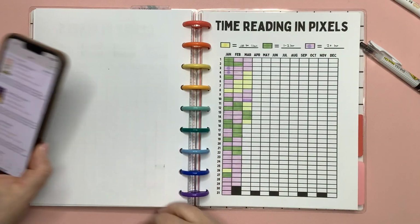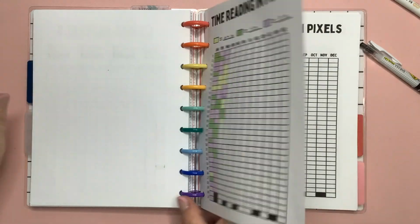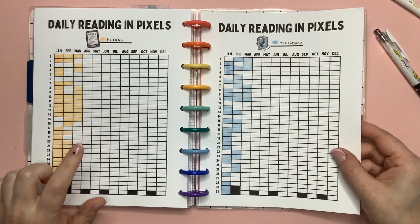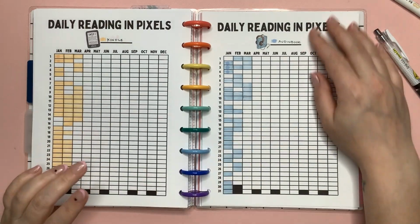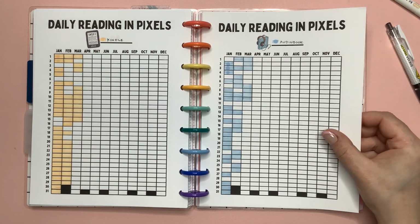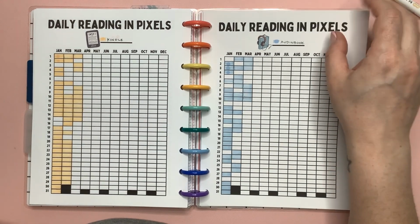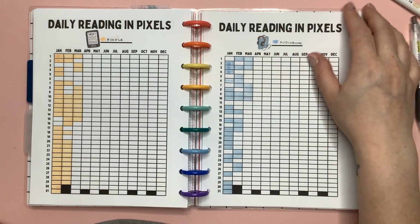All right, okay, so time reading in pixels, I have it updated through yesterday. Daily reading in pixels, I actually have it updated through today, at least for my physical. For my Kindle, I haven't updated today yet, because I haven't taken any time with my Kindle. My audiobook, I have not listened to an audiobook since the 10th. I'm serious. Well, I'm not counting Hurricane Wars because...